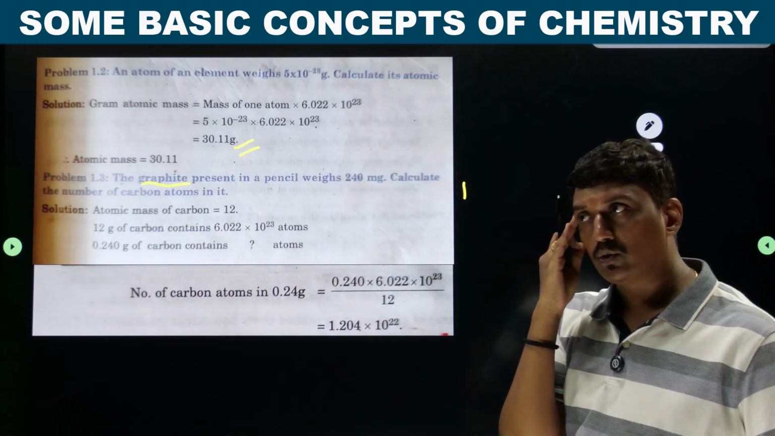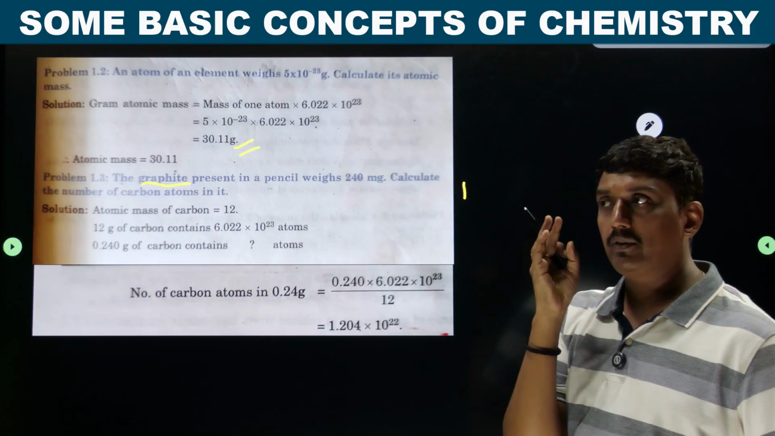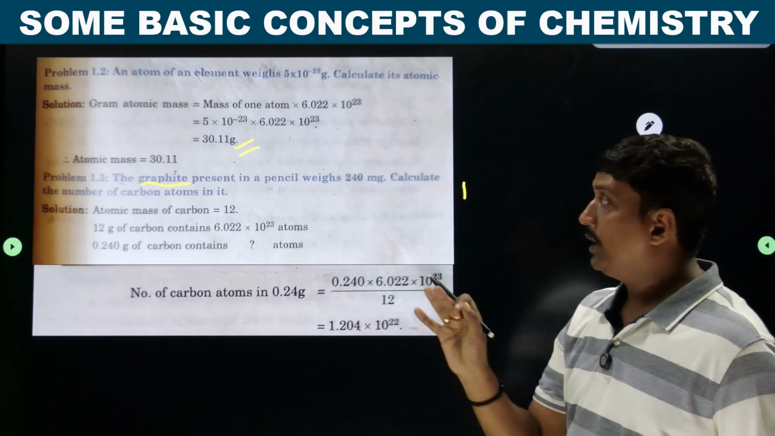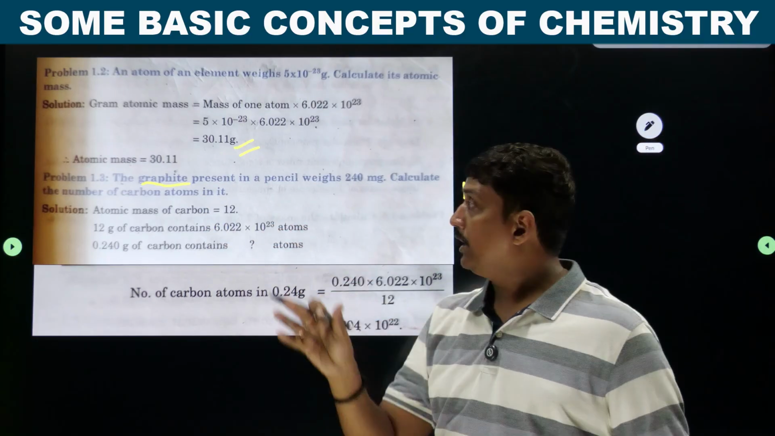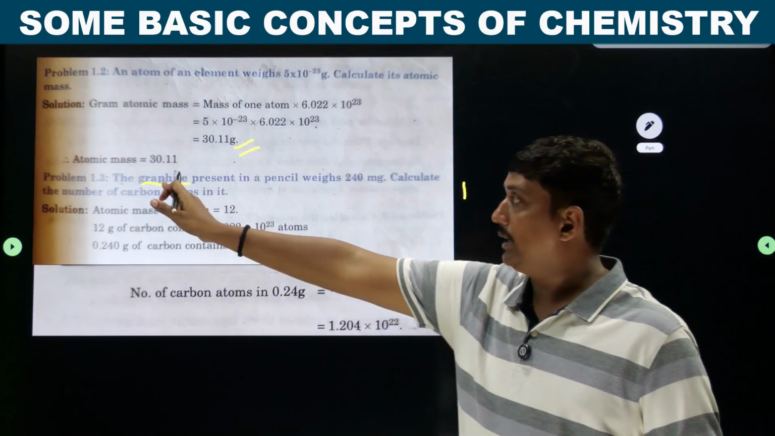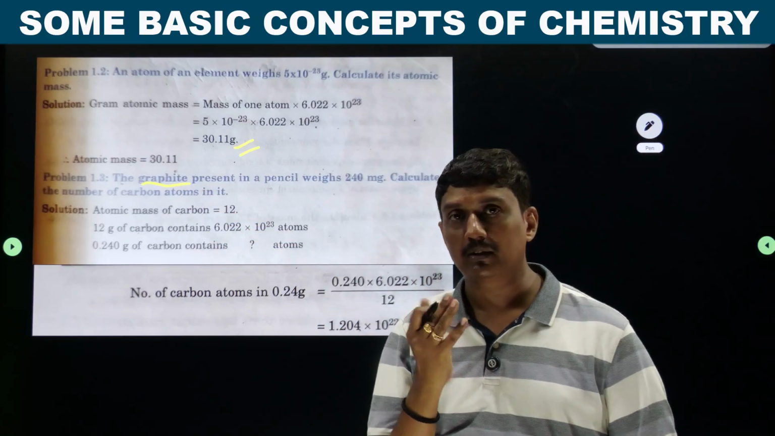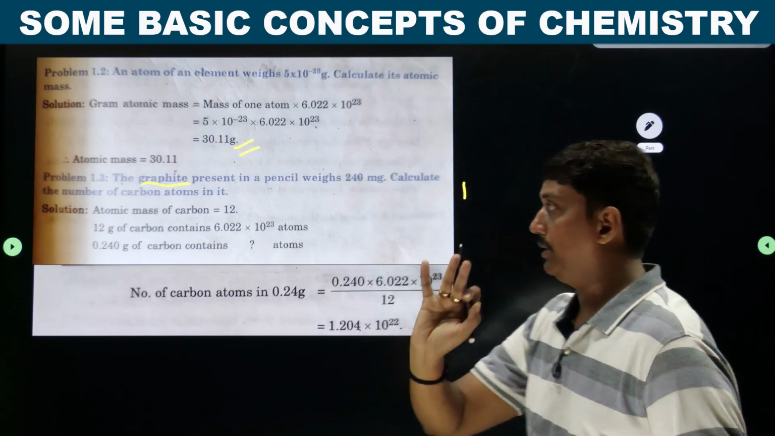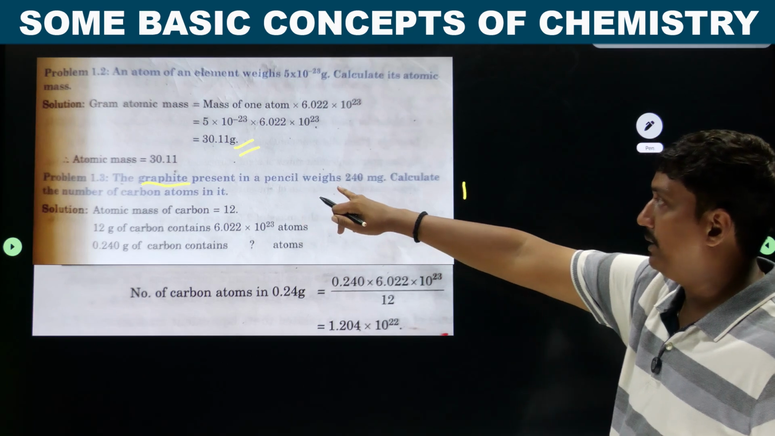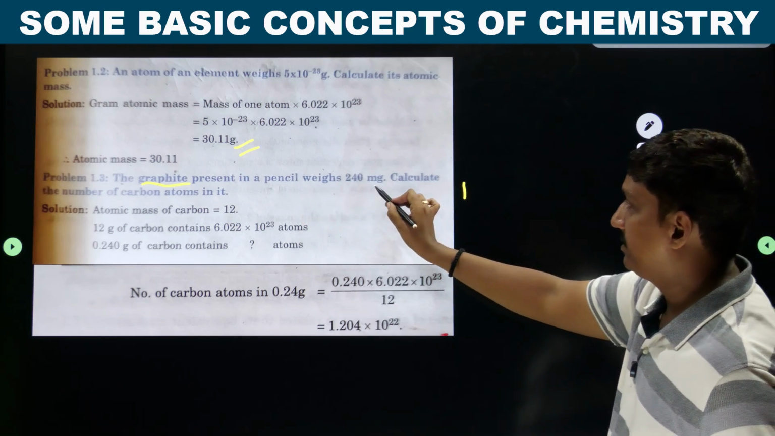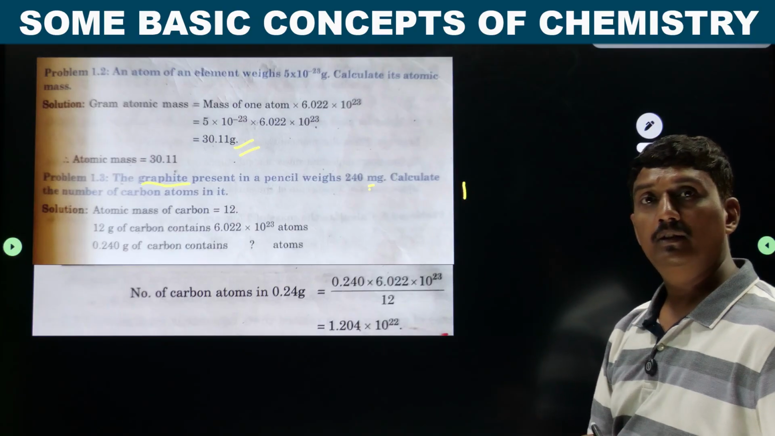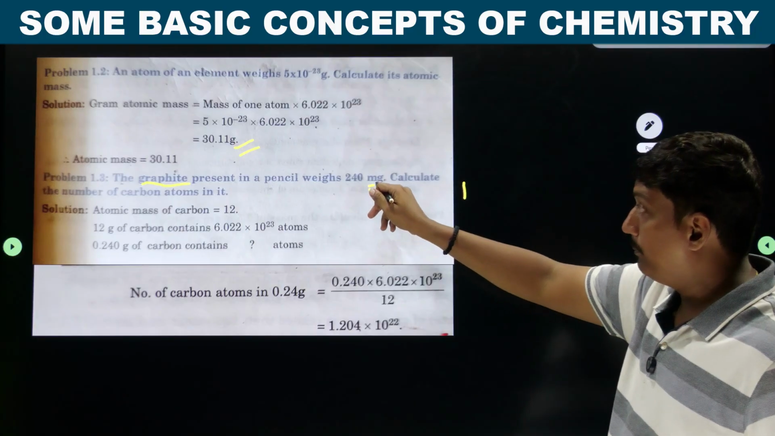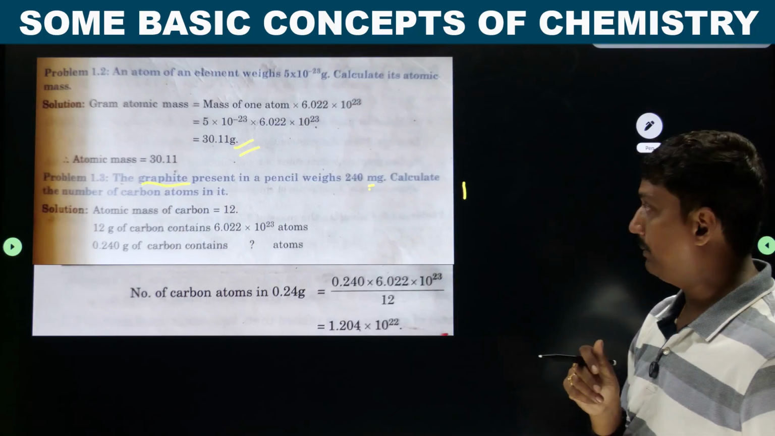Because you should know each and everything, otherwise it is very difficult to solve this type of question. If you don't know the meaning of graphite, even if you know how to solve, it is not possible to get the appropriate answer. The reason, graphite means it is nothing but carbon. Very simple. The carbon present in the pencil is 240 mg. See here, the prefix is there. Prefix. What I thought in the beginning, that is milli. M is there, milligrams. So